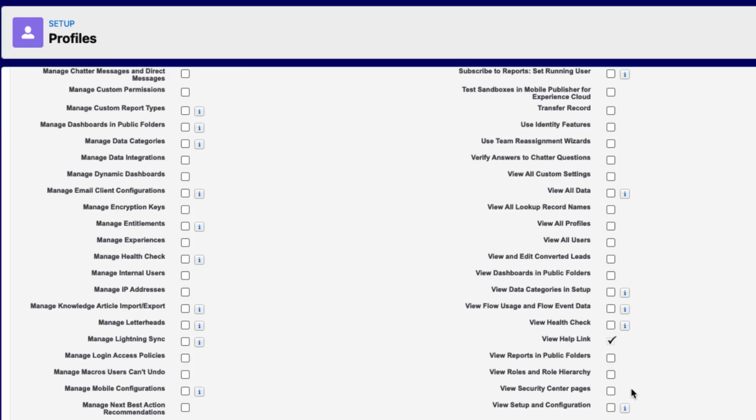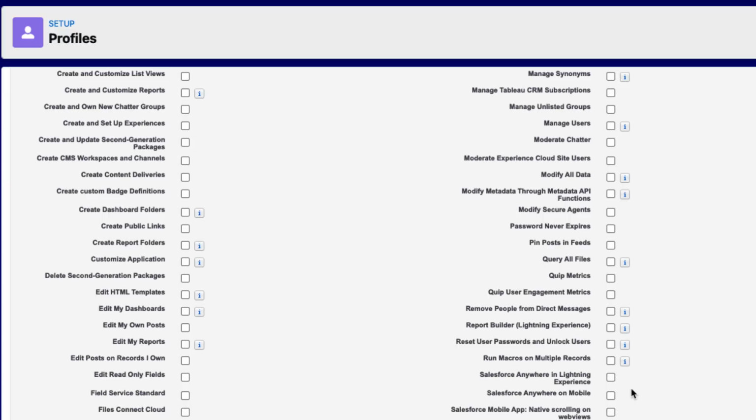But there are two very important settings here, that is view all data and modify all data, which essentially override all of the security you put in place for the record layer. So if these are checked, it means that a user can view and edit all the records in the system. So keep in mind, these permissions should never be given to normal users.